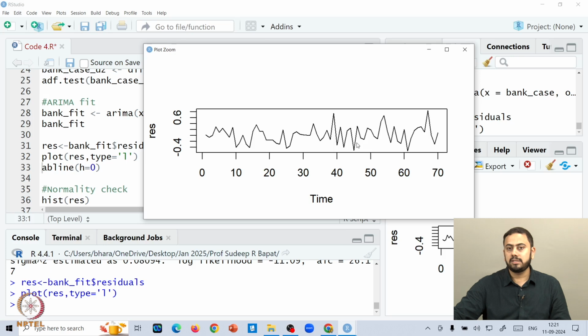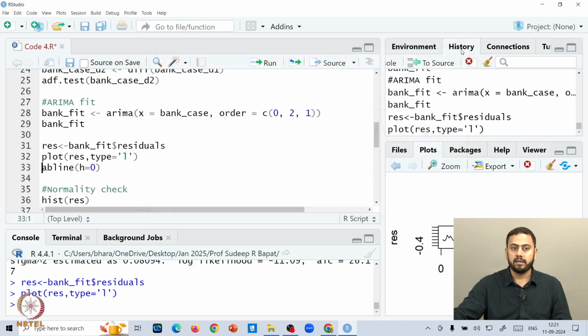And again you do not see any major changing variance problems, because pretty much all the residual fluctuations are within some tight variance bands. Okay. So, for example, you are not seeing any fanning out or funneling in kind of structure here. Alright. So, in a way the residual plot is not looking bad at all.